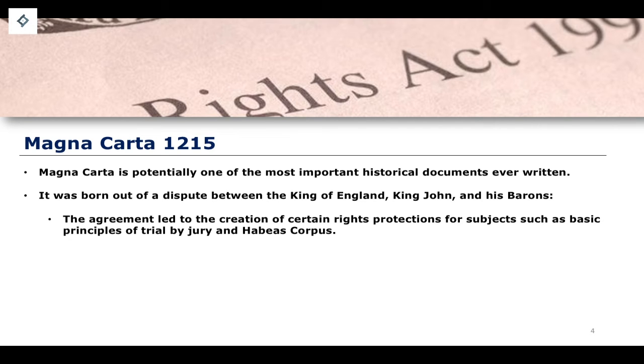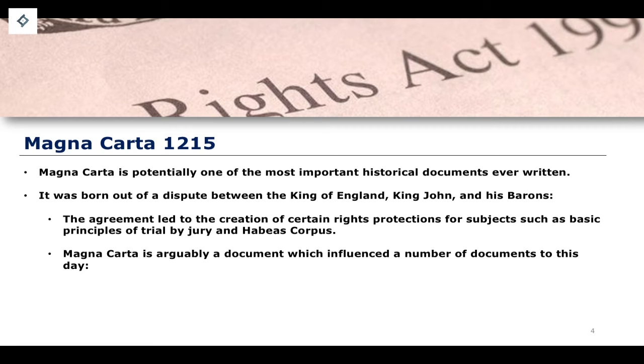King John was forced to agree to Magna Carta, and Magna Carta would eventually be translated into subsequent documents, which would then also be agreed upon by subsequent monarchs. It also underwent a number of major changes, so a number of provisions of Magna Carta were taken out and some added in, and so on. Arguably, it is one of the most important historical documents when it comes to the idea of human rights, but it doesn't protect human rights in the same way as a human rights document does today.